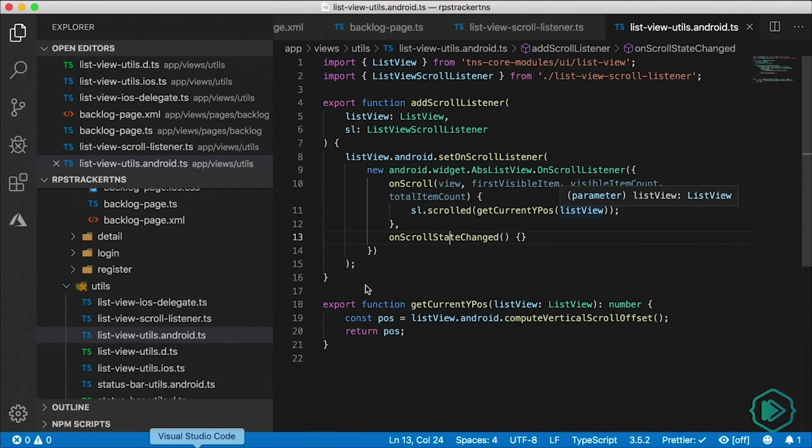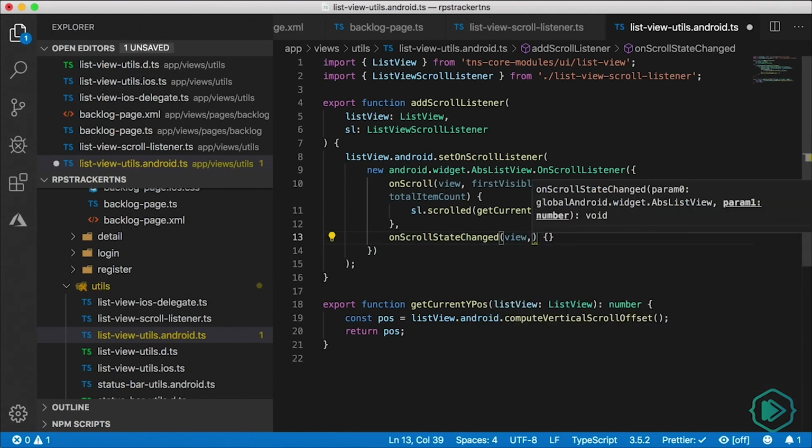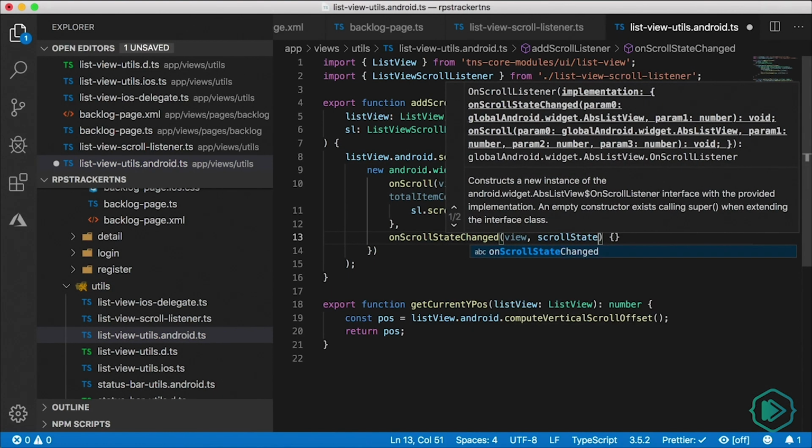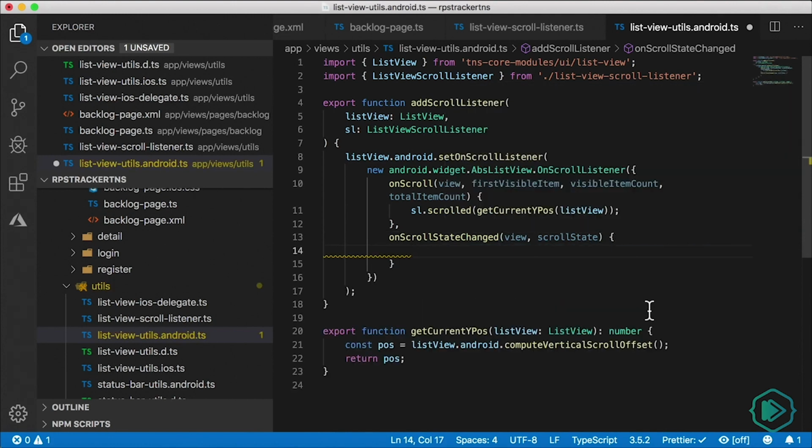So what about this other event here? onScrollStateChanged. This takes in a view and a scroll state as the parameters. And scroll state will allow you to figure out what is going on with the state. Did you just start scrolling? Did you continue scrolling? Are you idling? What are you doing? So here we can do an if statement, and if scroll state is equal to